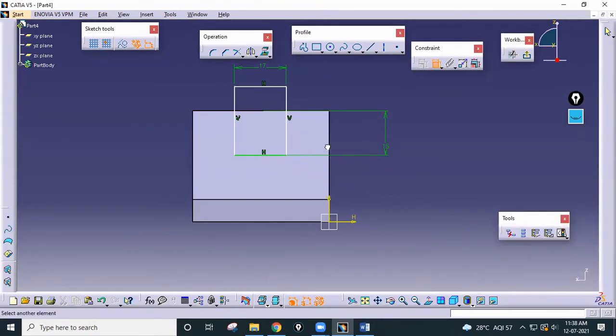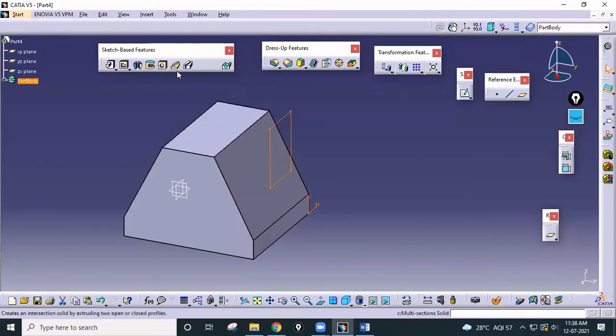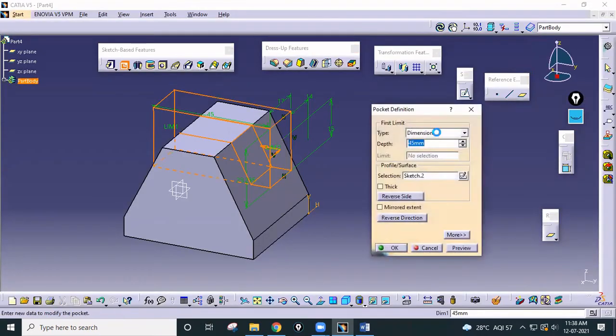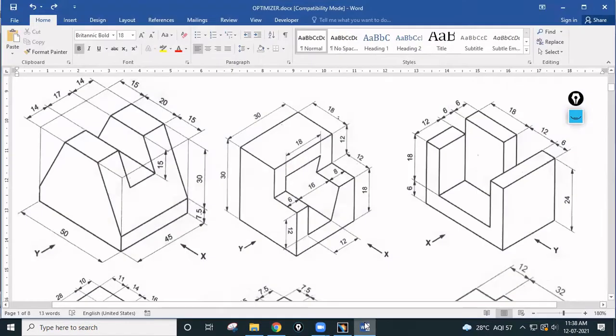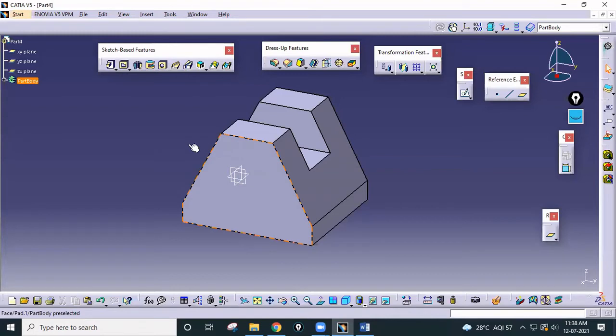Okay, now from this face it will be, just check how many dimensions, it is 14. So just enter 14 here, and you can give a random width of this rectangle to make it fully constrained. Just exit workbench and then you can pocket up to last. Click on up to last, just click on OK. Okay, so this is our fourth one.